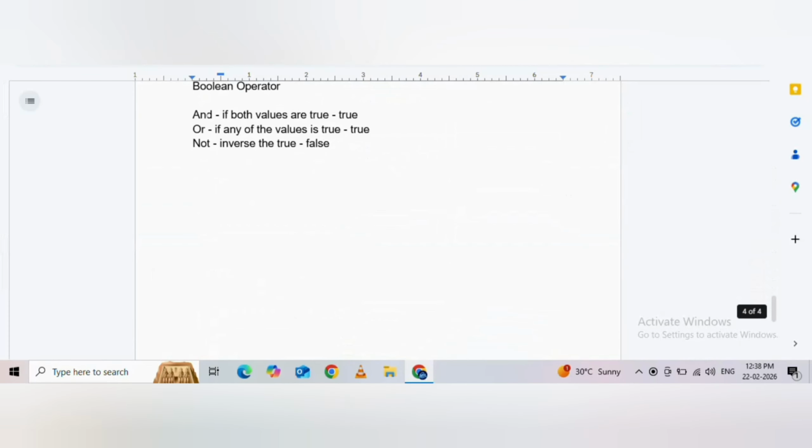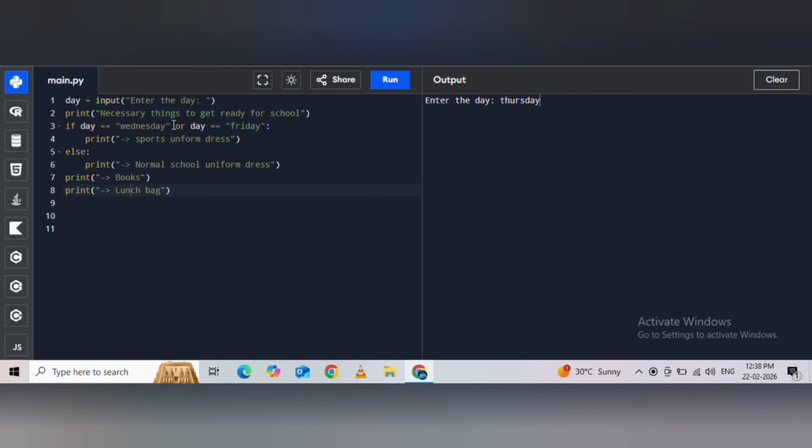You can see what the rule for the OR gate is: if any one of the values is true, the result is true. Here both the values are false, so obviously we will get false as the answer for this if statement. If it is false, then obviously we will go for the otherwise scenario, that is the else scenario. Let me give you Thursday and you can see the normal uniform dress as the answer. This is how you can use if else